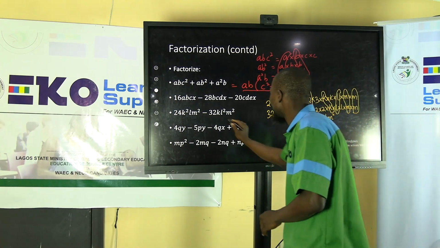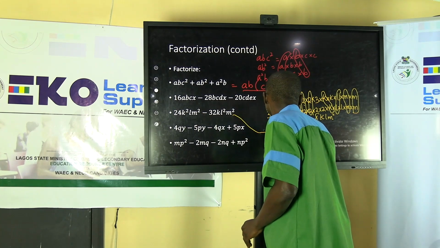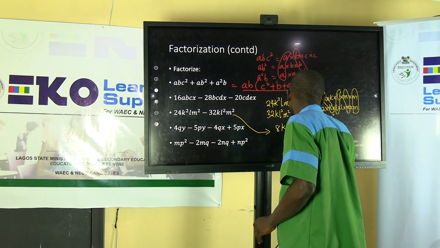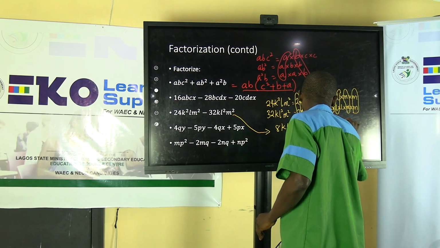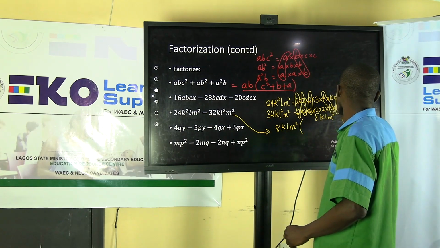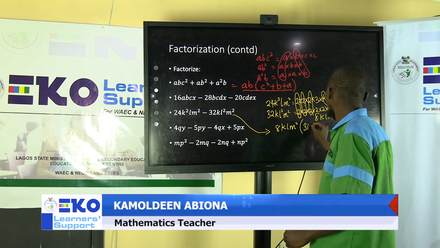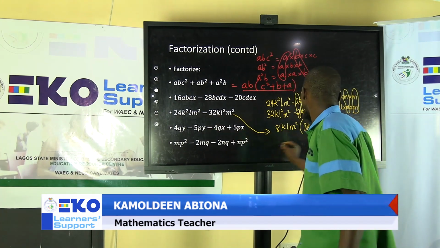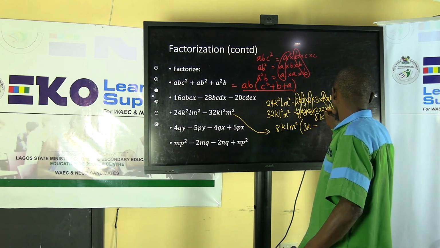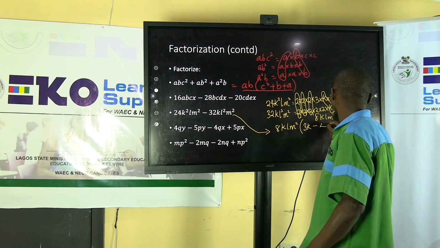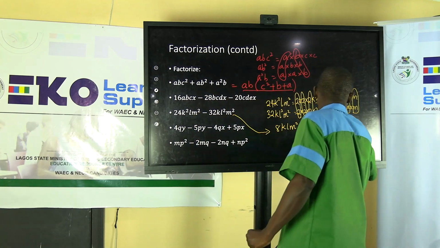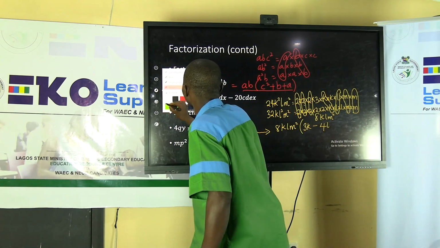So from that, it means for this, we have 8klm squared. So create an open bracket, close bracket. What is left that is not common? We have 3 and k, that is 3k. The sign in between them, minus. What is left that is not common here? 2 times 2, 4, times L, 4L. So in that case, we have been able to factorize